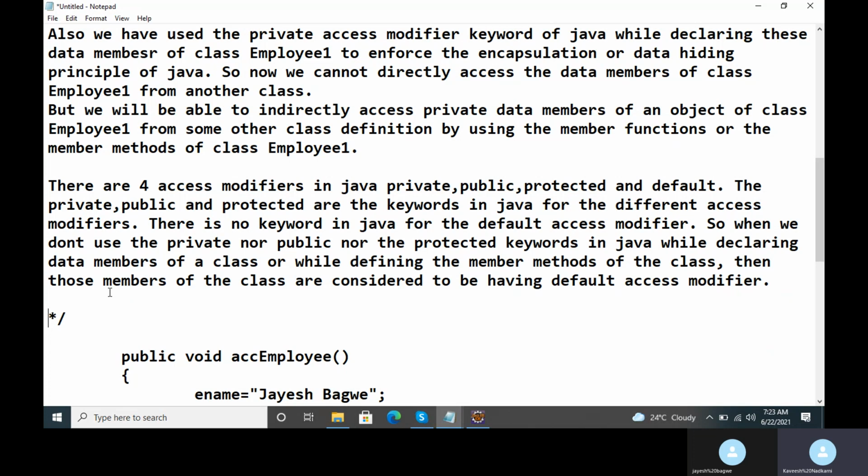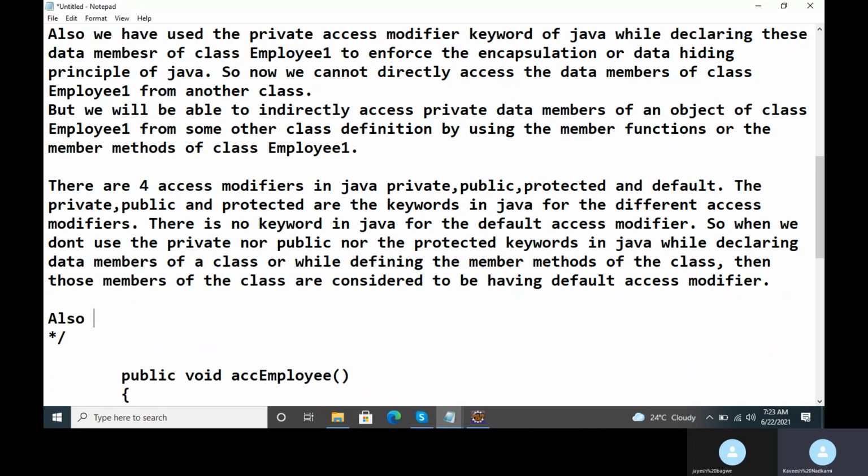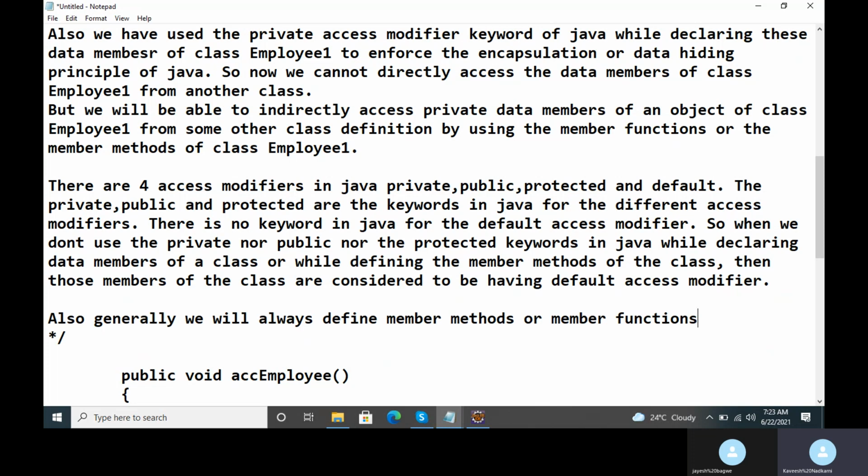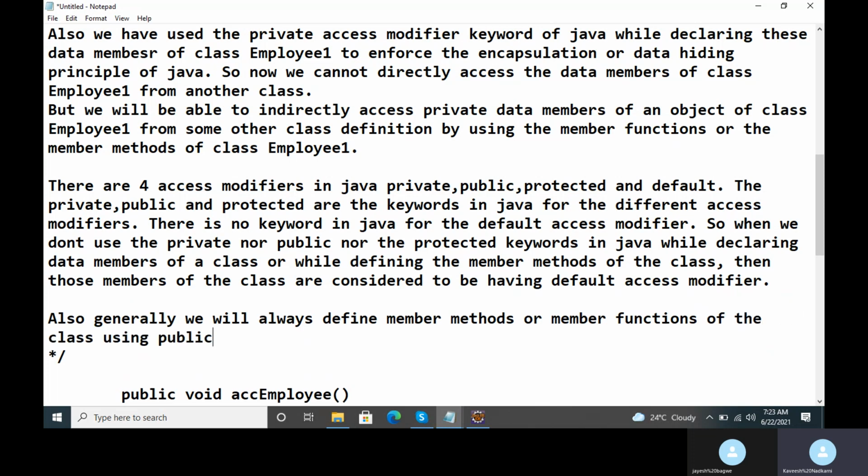As I told you, generally we will always define the member methods or member functions of the class using the public access modifier.